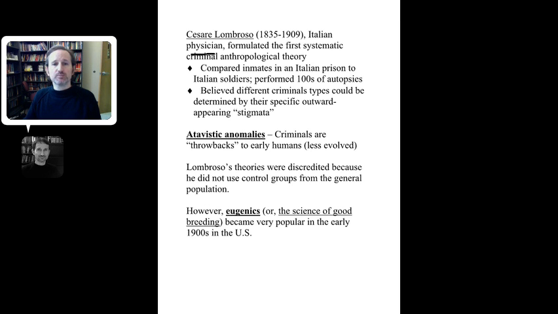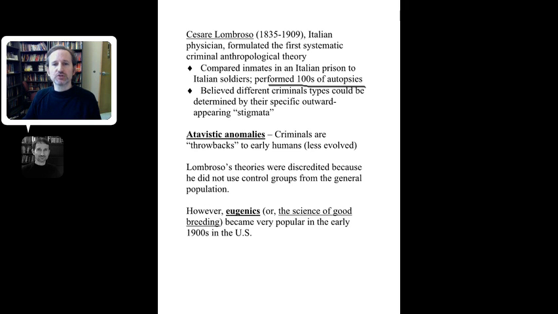And his background, he was a physician, medical doctor, and he did research where he compared the inmates in an Italian prison to Italian soldiers. And you might say to yourself, well, it's an interesting group to compare, as one is supposed to be not criminal and the other is supposed to be criminally oriented. He performed hundreds of autopsies on these individuals, and